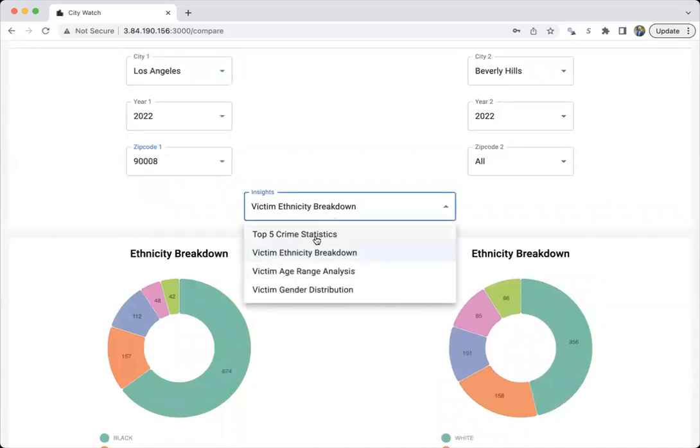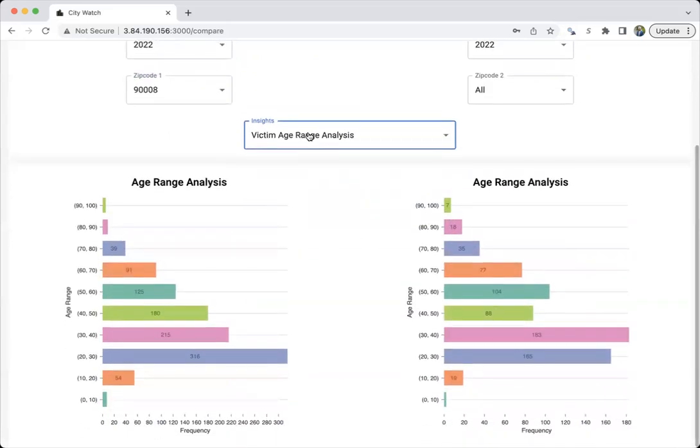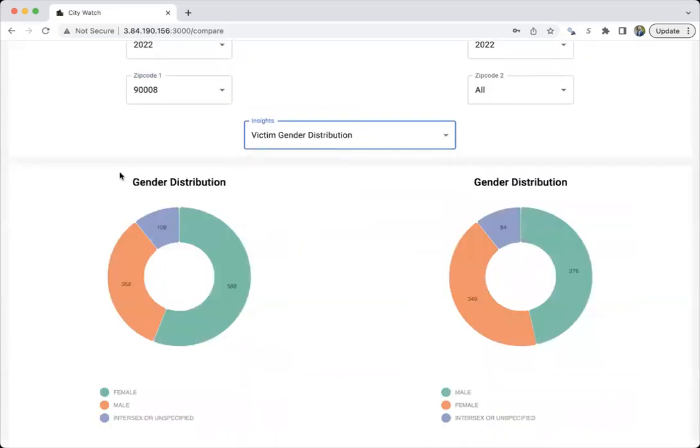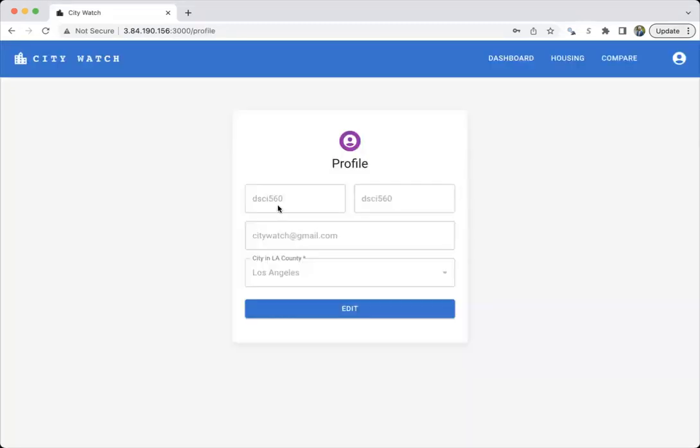I could also change the top visualization. Let's say I want to see age wise, so everything gets changed, and gender wise. As you can see, everything is super fast because it is on cloud. It is using a NoSQL DynamoDB database, so it is really fast. And also, just in case I want to change my profile, I can just come to this page and update my profile. I could edit the city I live in, because the city you mention here becomes your default city in the dashboard. And then you can change the credentials and everything.